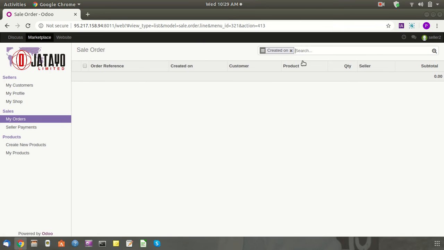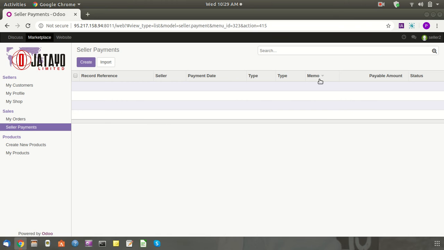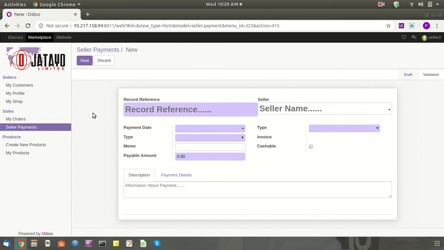Right now he doesn't have any orders. Payment, like seller payment, whatever he earned and whatever he requested, he can see the record over here. That part I need to understand, like how you will process the payment structure. So I will cover that later after discussion with you. So please provide me all the data, like how your payment will work,